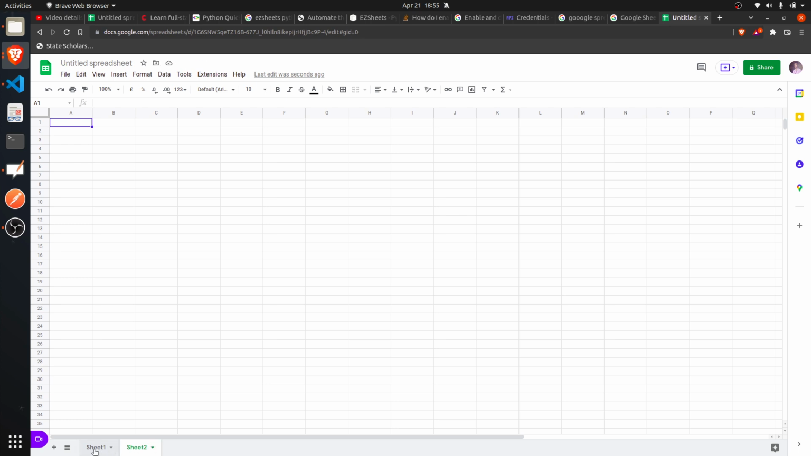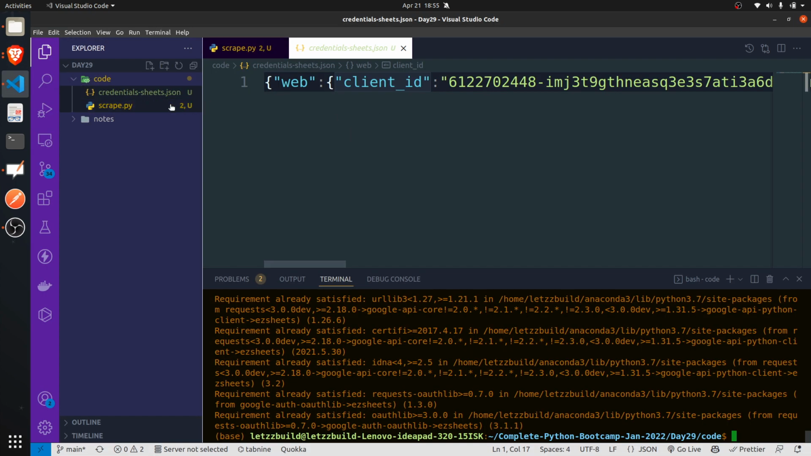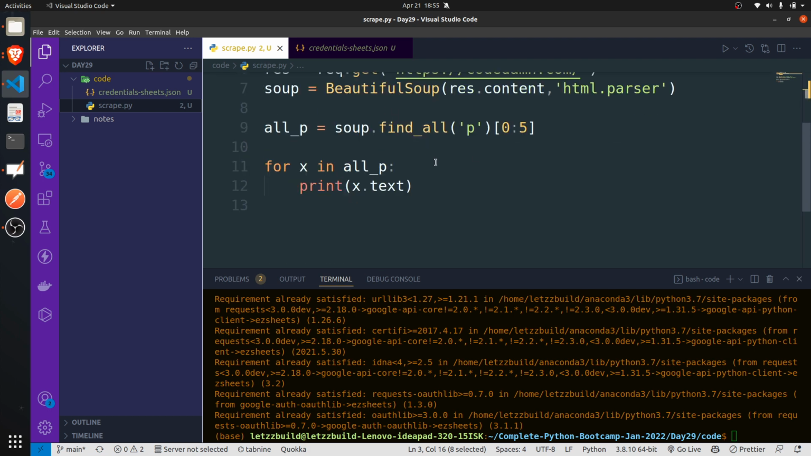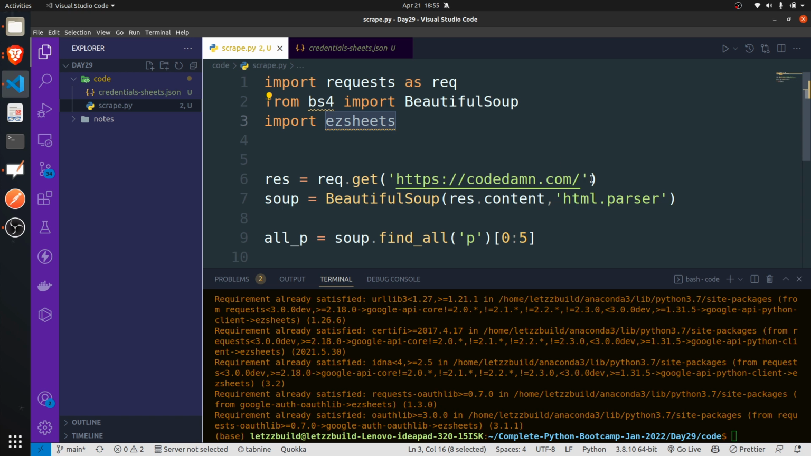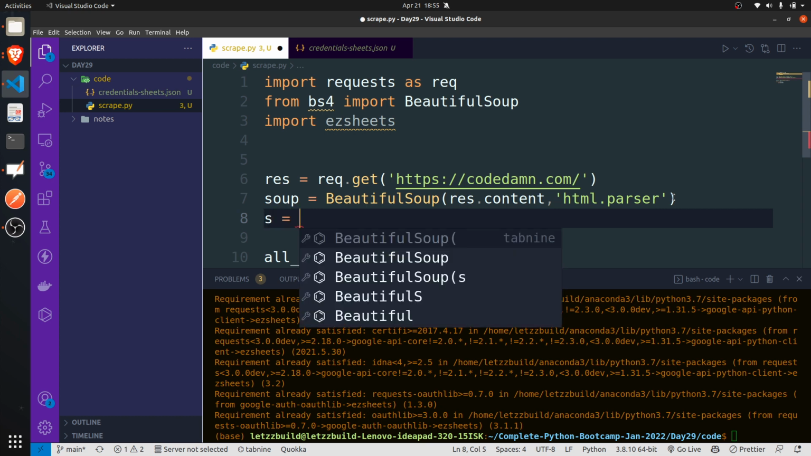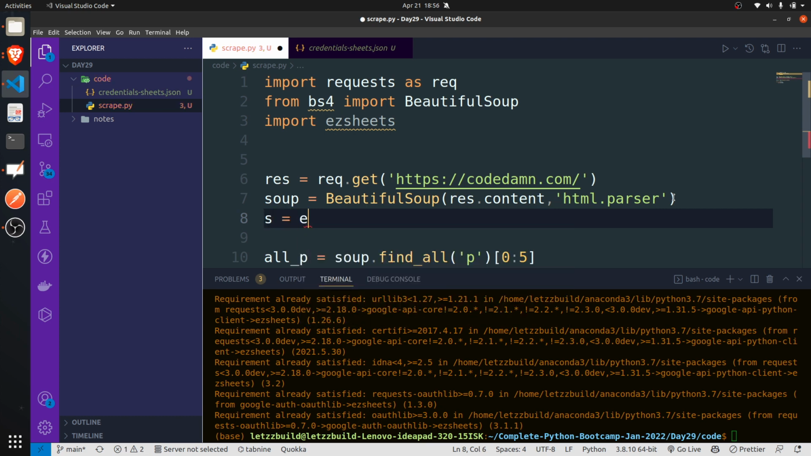Okay, so I'll go to sheet 1, and I've created this sheet. Now I'll just copy this URL. This is the important URL for me, so I'll copy this URL and go to my scraped.py. The EZ module we have already imported. We want to do all this kind of stuff. And after doing all that, let's do one more thing here. After this, let's say spreadsheet, I'll just call it S is equal to EZ sheets